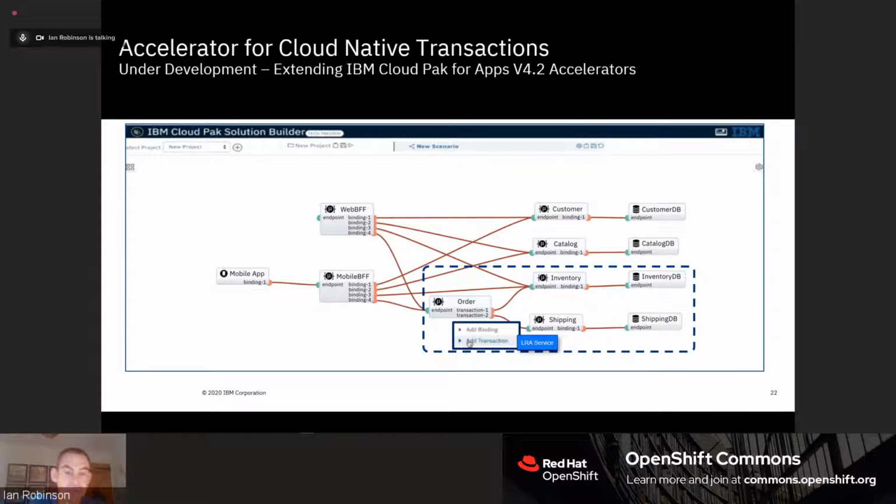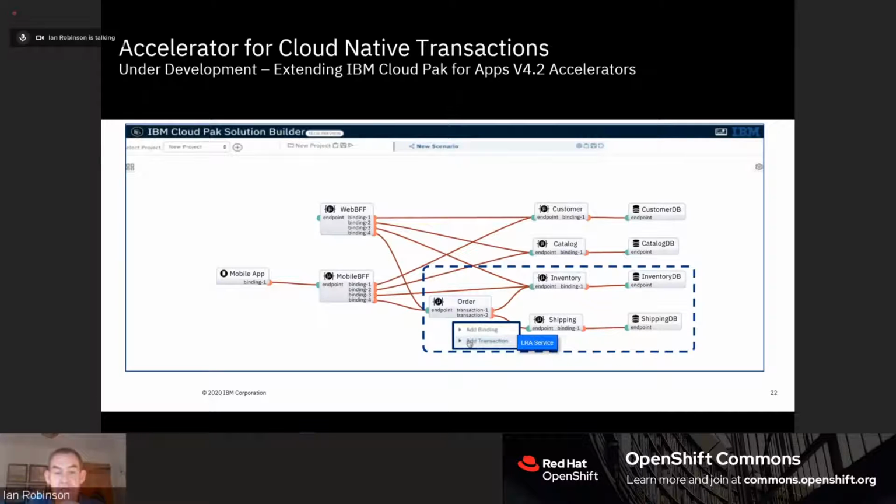In the middle, you have the web and the mobile BFF, so the back end for front end web services, which expose the overall solution to different client channels, so web and mobile, obviously.